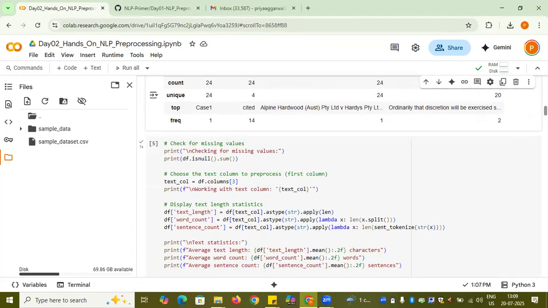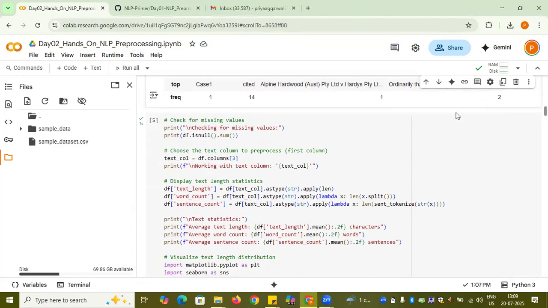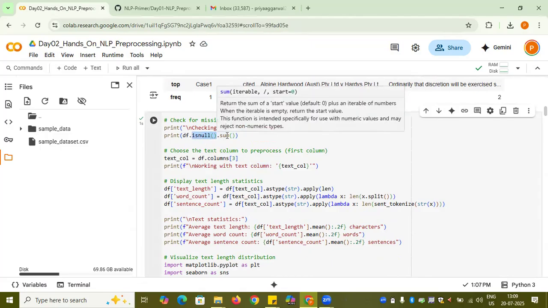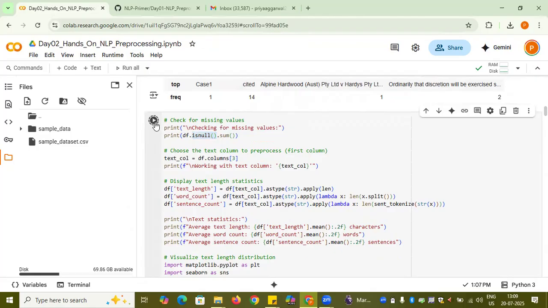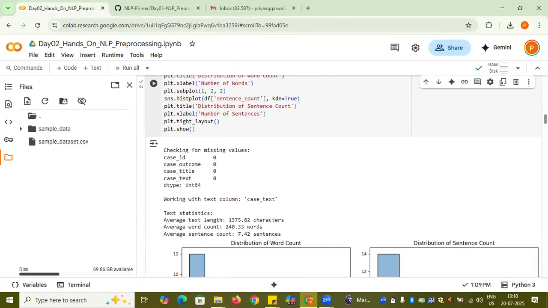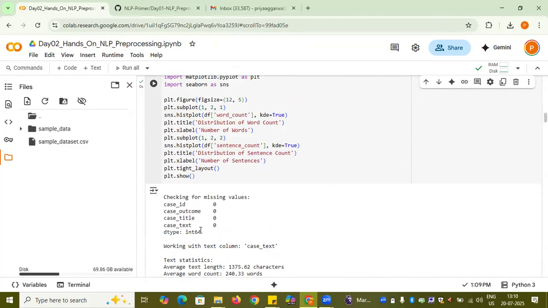Now let's just go down. What I did here, I am just checking for some null values. So df.isnull() will provide you if there is any null value, and then .sum() will provide the count of null values. Although we saw it in the df.info(), this is just one example to know whether there is a null value or not. So if you see here, there is no null value altogether. So if I run this, this is the output that got printed.